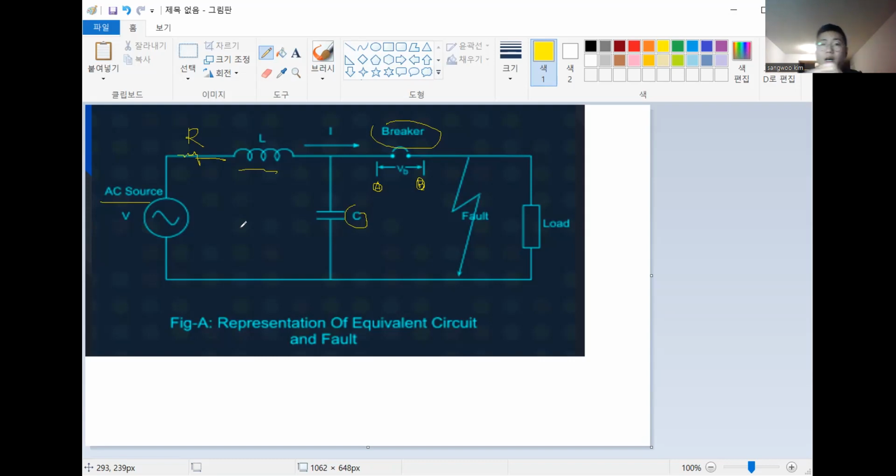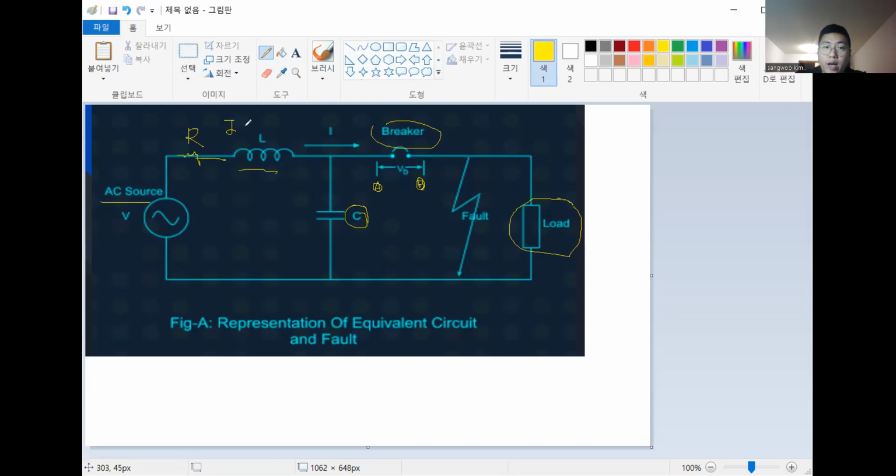So what I mean is, in the general circuit, if there's a load here, and the CB is normally closed, which means connected, right? When the CB works, it makes the circuit open. So in the general situation when there's a load, it's connected. This ground capacitance has no real meaning here because most of